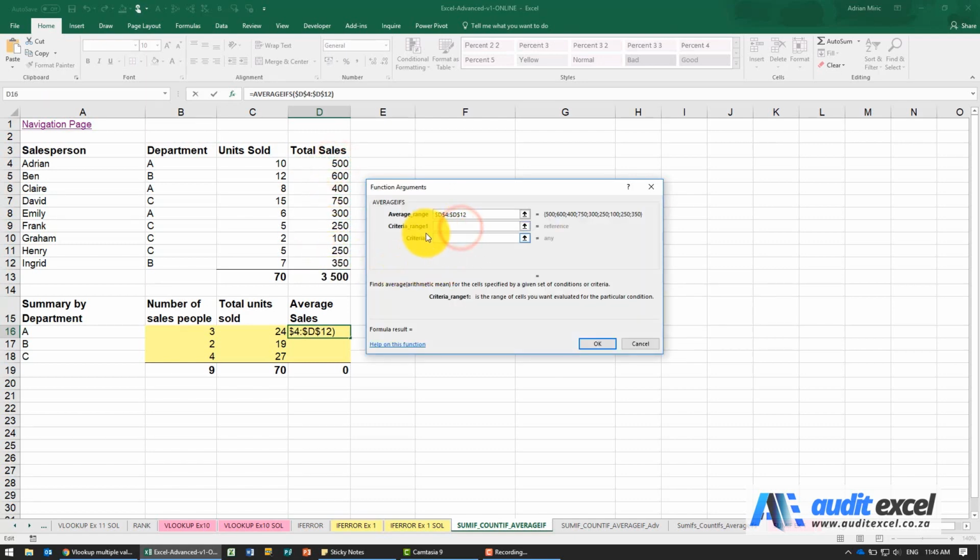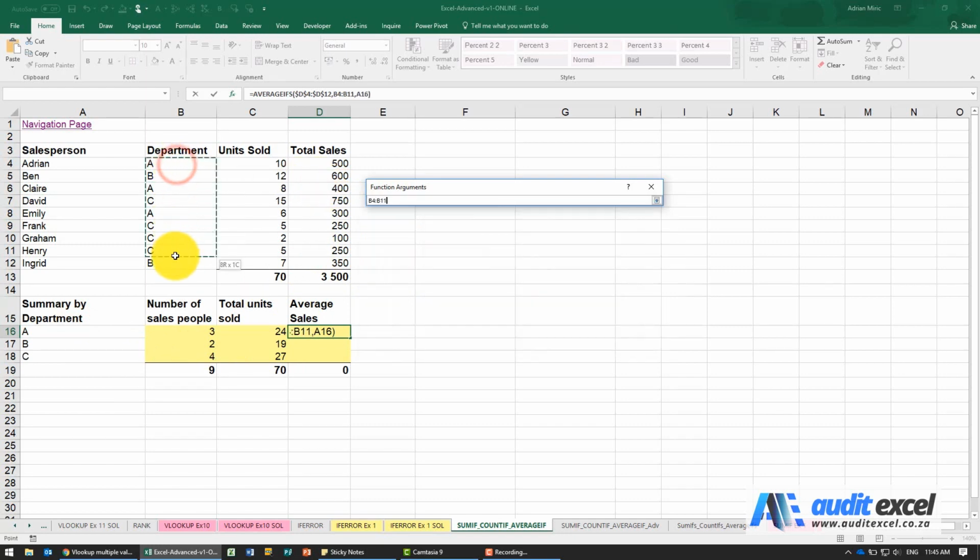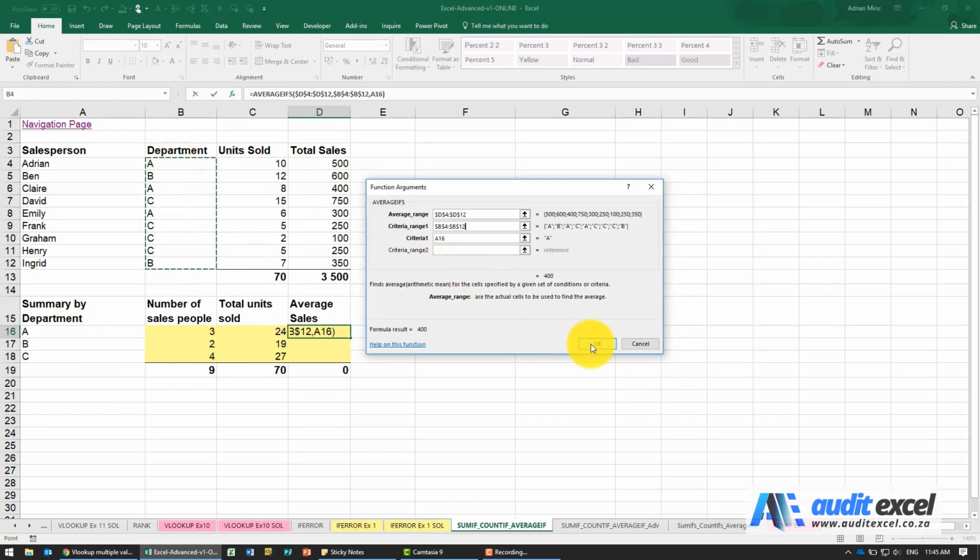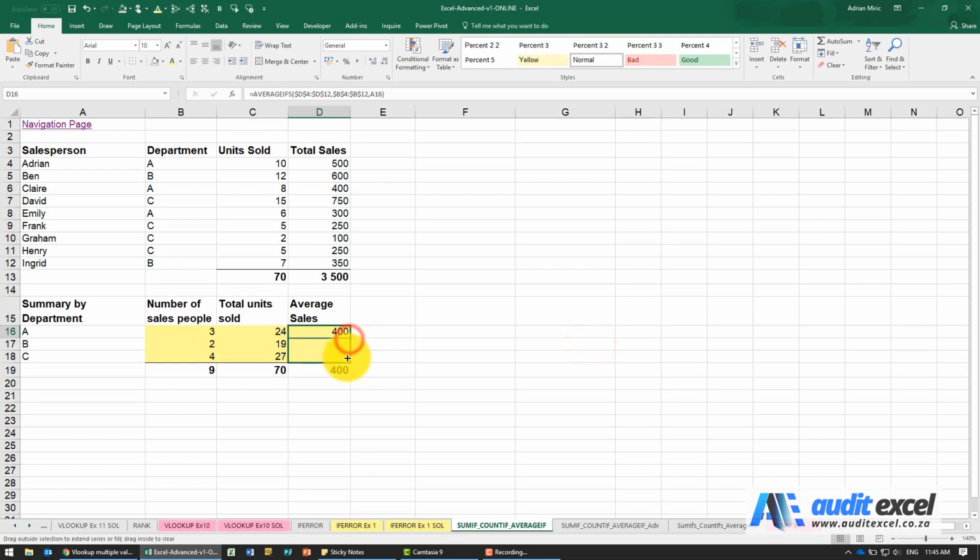What's the criteria range? Remember, go to the criteria first. I'm looking for that. Where must Excel look for it? Here in the department. And when I say OK, it tells me the average. And you'll see we now know that the average for department B is 475. Let's check. That's department B. It's that one. That's department B, it's that one. And you'll see the sum is 950, but the average is 475. Just be careful here. You'll see we've got a sum here. This is a nonsense figure, so we'd rather delete that.